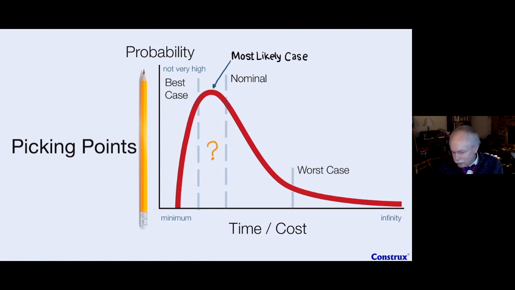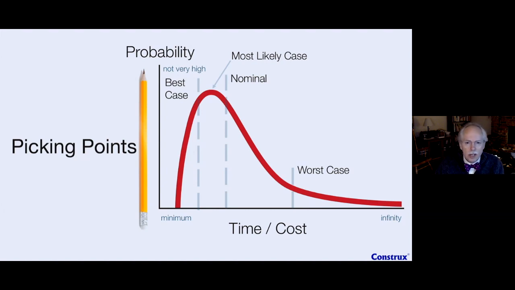One of the things I'm concerned about is that when we talk about most likely, we don't know what the distribution of that is, so we can't really use it nearly as well. We've got pretty good studies that say the worst case should be around 90. We have a lot more studies that say your best case typically is around 25, 75. But the most likely case is not often perfectly 50-50. It's often before the nominal, a little more optimistic. So we really can't use that for a ton of stuff mathematically. But those are the points I'm going to be playing with as we go forward.